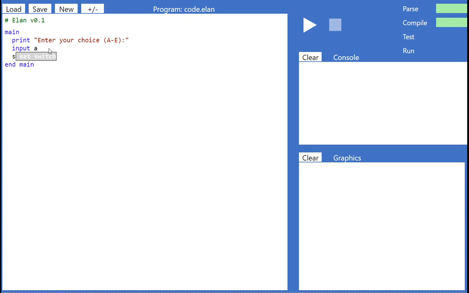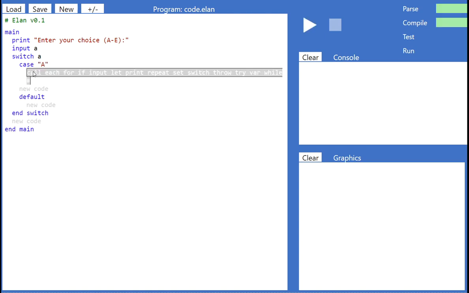So type SW to get the switch frame, and we have to switch on an expression, which in the simplest case is just a variable. In this case it's A, and then within that we create usually a number of case statements. So case, and this must match, your literal value must match the type of the result produced by the expression, in this case the type of A, which will be a string. So we'll say if A, then